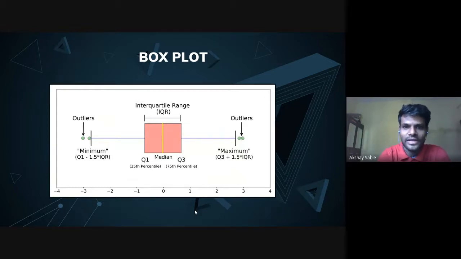This is the interquartile range, IQR, and this is the median. This is Q1, and this is Q2, the median. This is the minimum, and this is an outlier. An outlier, we can show here on the left side,